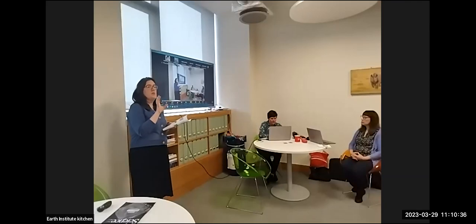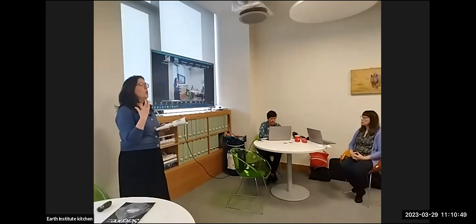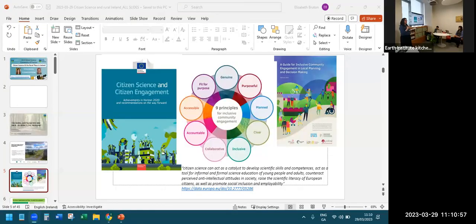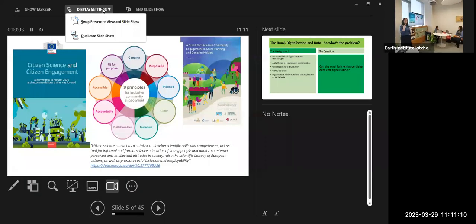I just wanted to highlight some of the areas around citizen science and citizen engagement, because for many of us working in rural development and community development, engagement is a word we use constantly, and we work with people. But I suppose in many ways that collaboration has evolved over years to the point where it is more about citizen science and co-designing and learning from each other, as opposed to coming in to do a project in a place and taking from and leaving with really good data, but not actually leaving anything positive in the background.